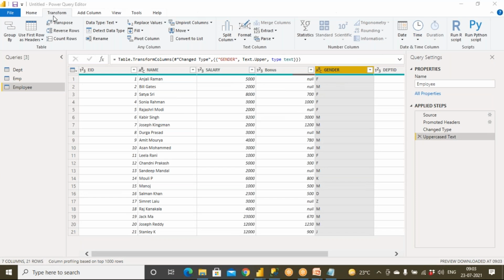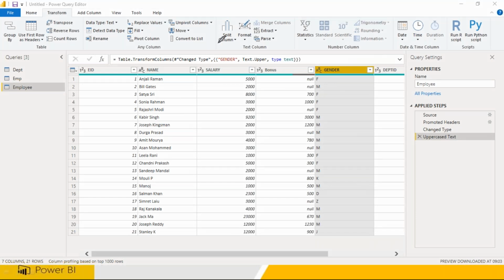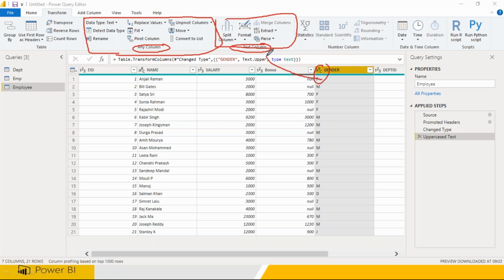It is textual data. If you go to the Transform tab, it is giving you options you can apply to any column. See, it is telling you any column you can apply this to. This block is only for the textual column. So you can easily understand this is a textual column, so I need to look into this. This is a number column, so definitely I need to look into this. If it is a date and time column, I need to look into this. That's it. If you understand where you need to go and search,